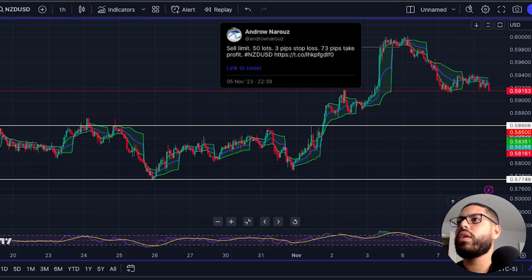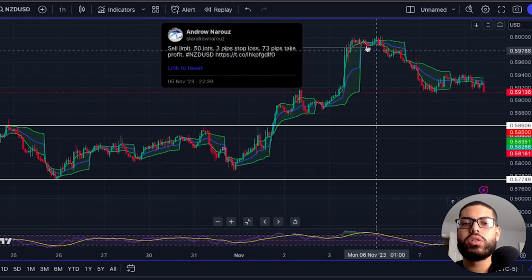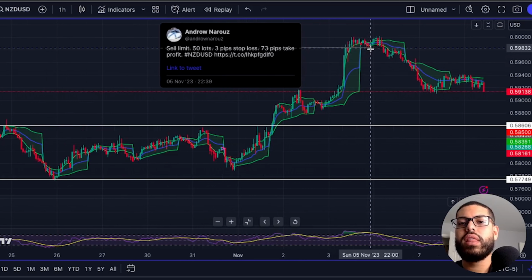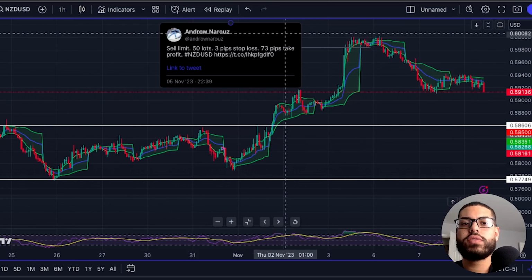I called this trade out on Twitter, and TradingView has a cool feature here where they can show you when you called out the trade and attach it to the chart. So I called it out at, I believe, 10:39 p.m., right before I went to sleep. And just for you guys to see,